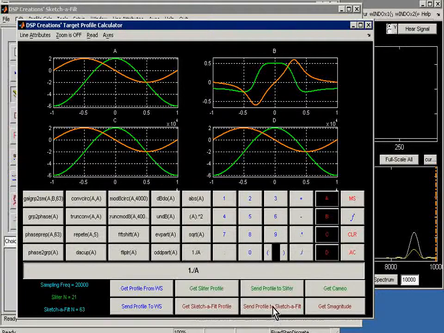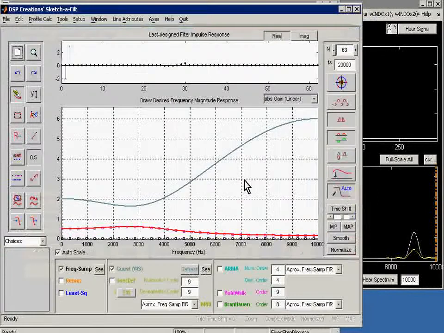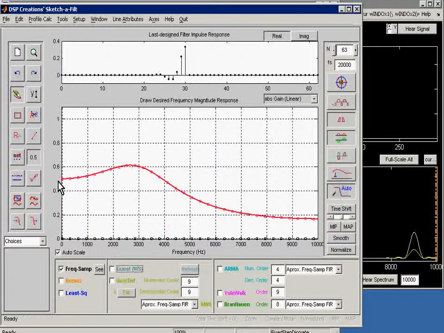So I come down here, send profile to Sketch-a-Filt. Which one? The one which is on B, and come on, and it's gone. Okay, and here then is the new red thing, my new profile. I'm going to get rid of the previous one. Don't need to look at that anymore, so I can see how well my